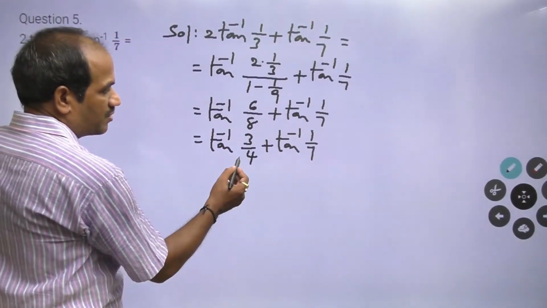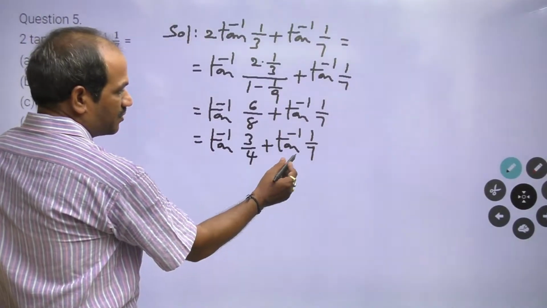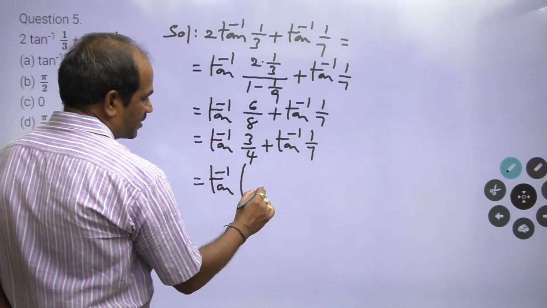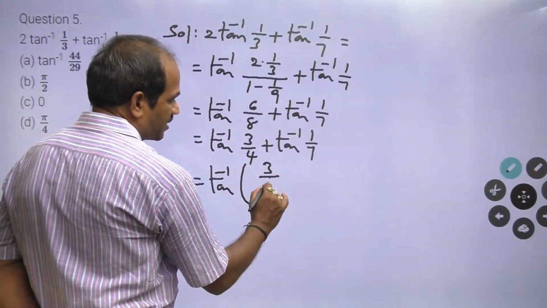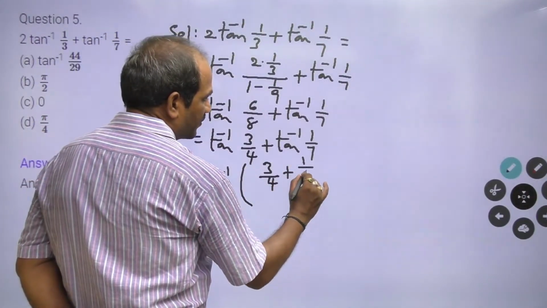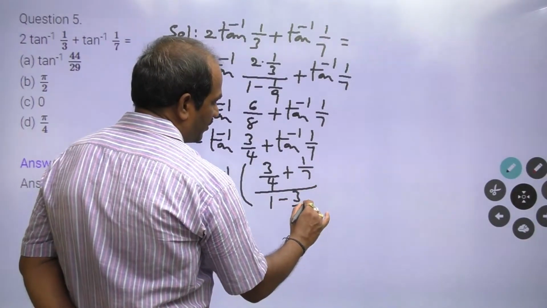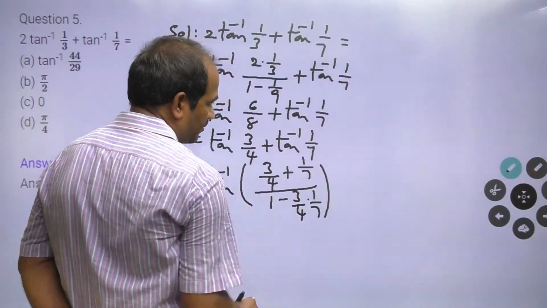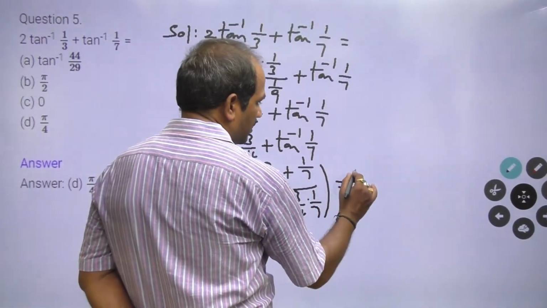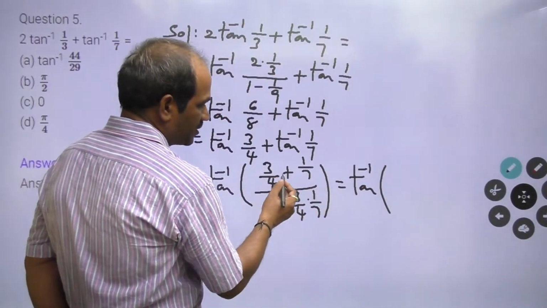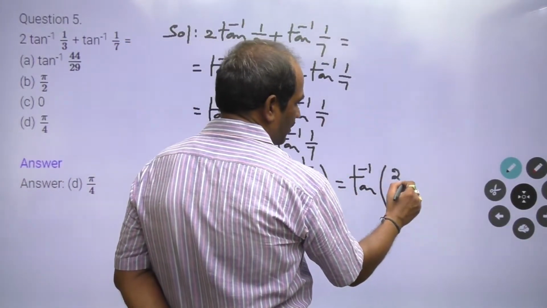See here in this formula, tan inverse x plus tan inverse y formula, so tan inverse of (x plus y) by (1 minus xy), with 3 by 4 plus 1 by 7, by 1 minus 3 by 4 into 1 by 7. That is equal to tan inverse of, take LCM 28, 7 into 3 is 21,